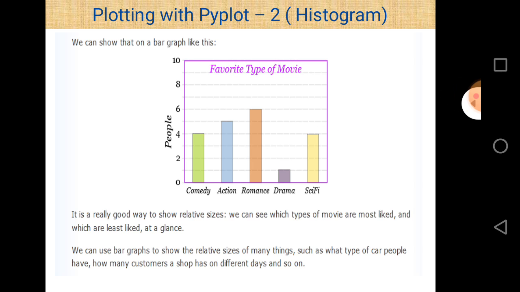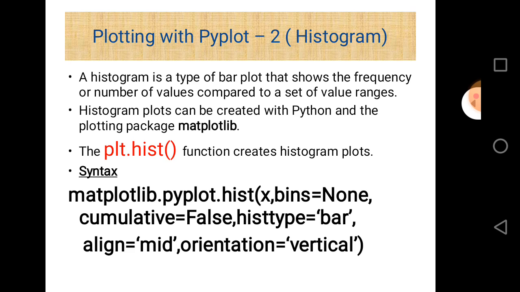So as we know, histogram is a type of bar plot that shows the frequency of numbers of values compared to a set of value ranges, and histogram plots can be created with Python and the plotting package matplotlib. The important thing is that histogram is basically similar to the bar chart, but the only difference between bar chart and histogram is that histogram contains a set of data, and the function used for this purpose is hist, which belongs to the matplotlib library and is a part of the pyplot interface. So if you want to create a histogram, just write